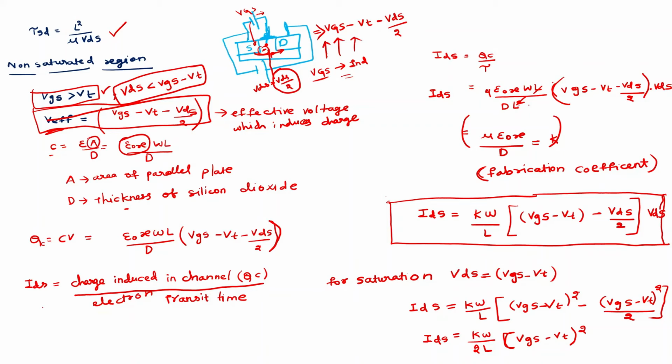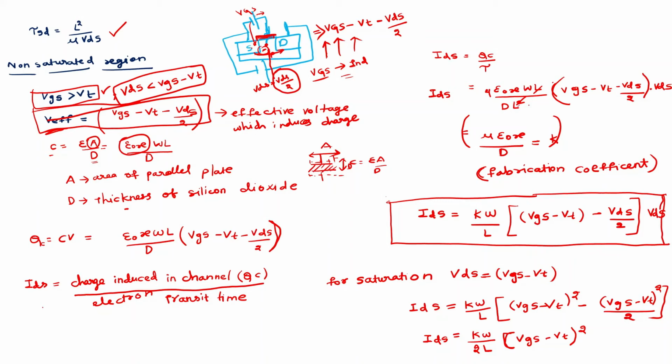So here, area is equal to the area of the parallel plate, or we can say the gate. The area of the gate will be A, and D is equal to the thickness of silicon dioxide. Generally, take a capacitor with some positive charge and negative charge. So what is capacitance? Epsilon A by D, where A is the area of the plate and D is the distance between the two plates. Here also the distance between them is occupied by the insulator.